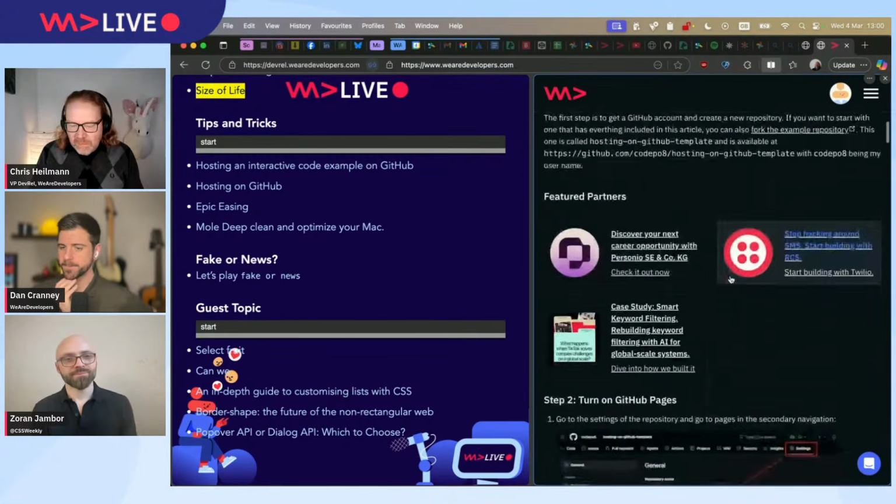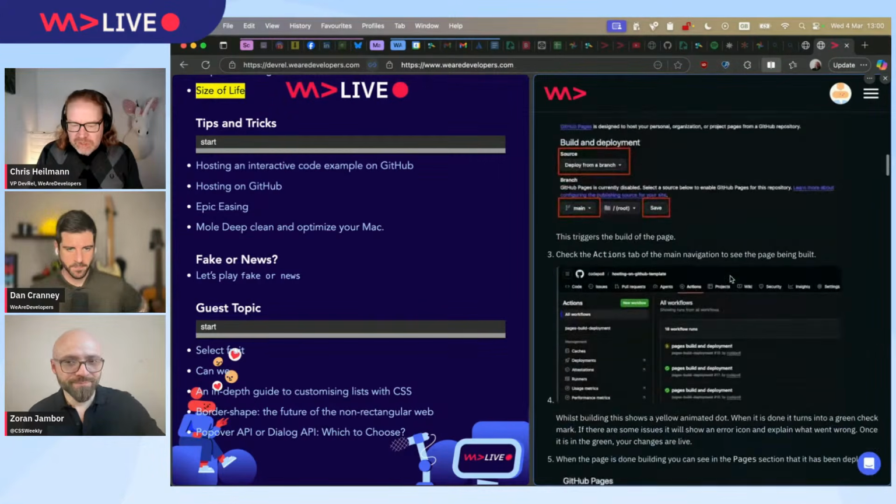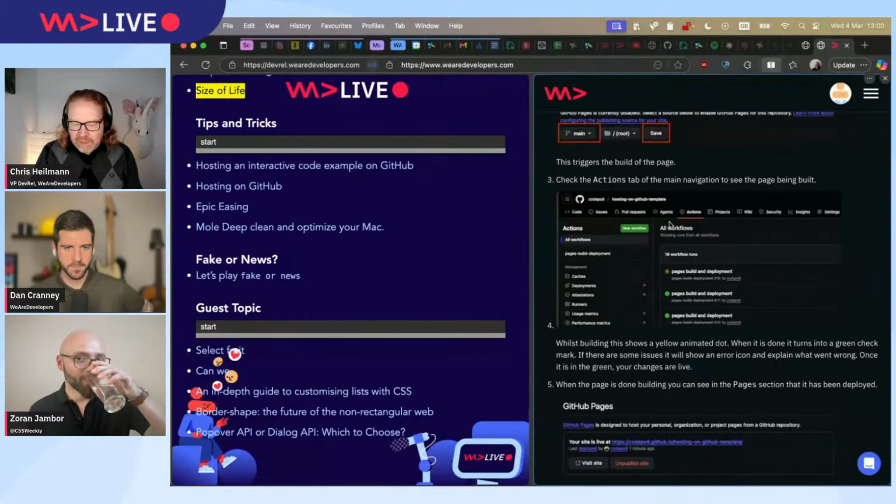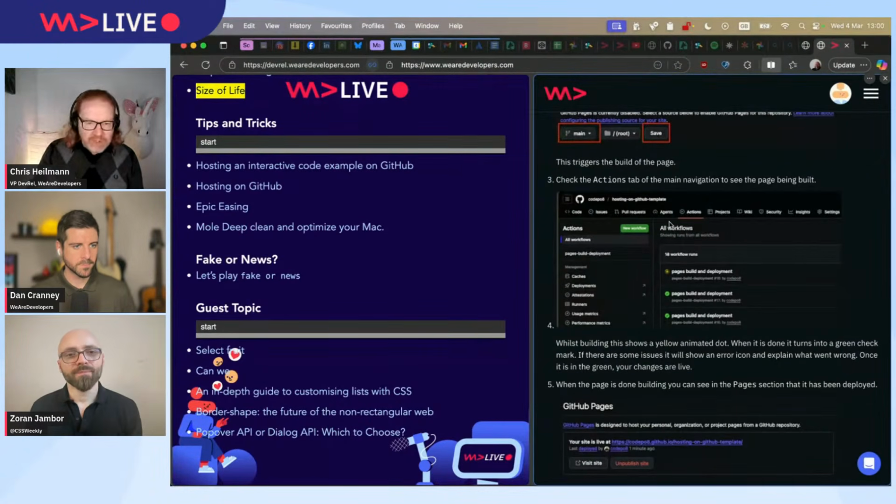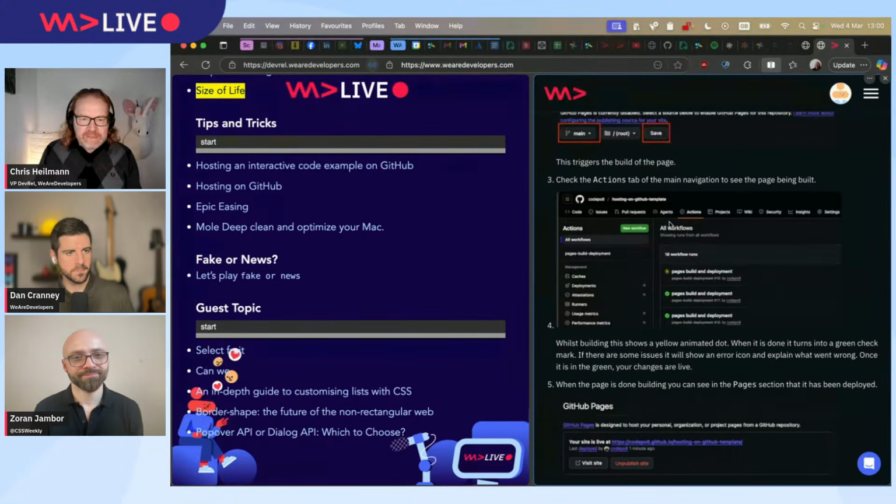Yeah. And the most important thing here is actually that actions page that you check. You see the workflow where it builds, and if it fails, it tells you why. And it's great that nowadays it's a 2 or 3 minute build. Back in the days when GitHub Pages started, it was just random. It could be half an hour, it could be 10 minutes. You never knew when your thing was being built. And now you get this insight as well to see where it's being built. So that's quite interesting as well.